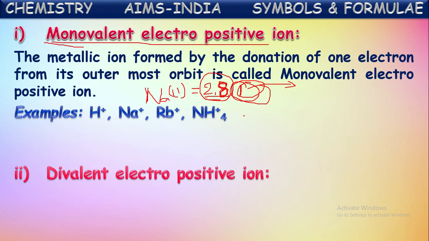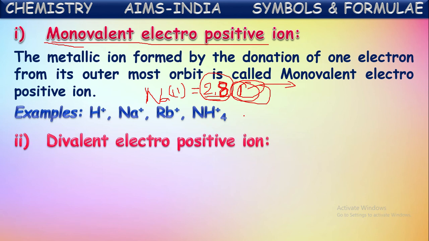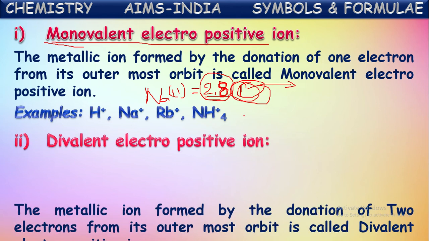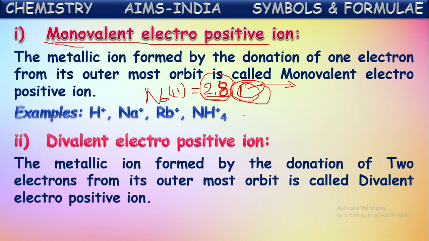Next, divalent electropositive ions. The metallic ions formed by the loss or donation of two electrons from their outermost orbits are called divalent electropositive ions. That means the ions formed by the loss of two electrons from their outermost shell are called bivalent or divalent electropositive ions. Let us see examples here: